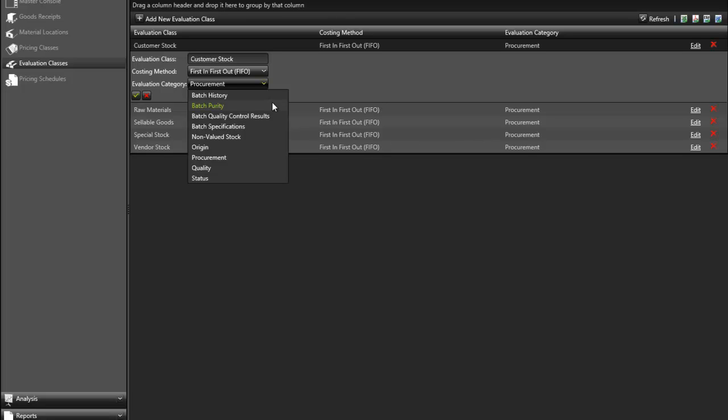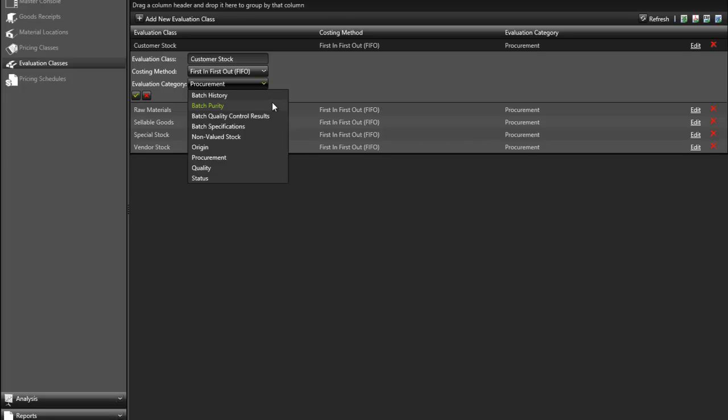Sometimes just the precision of a manufacturing process will vary, and there are some elements that are just unknown, and it just depends. So some batches may come out better than others. And for those good batches, a good example is Intel processors. Some processors cost a little more because they're all made the same way, but when they test the speed of those processors, some are just faster than others, and the faster ones they charge more for. So depending on the quality or the batch purity or how they came out,